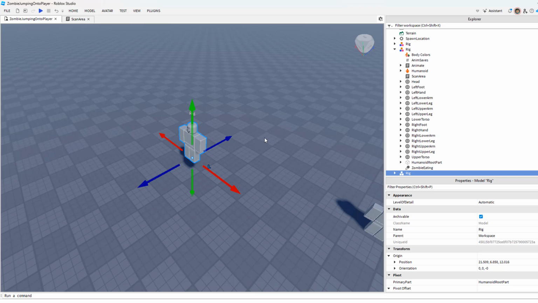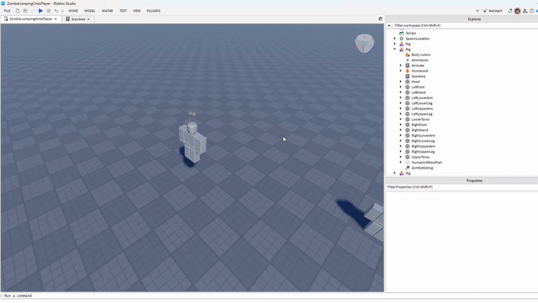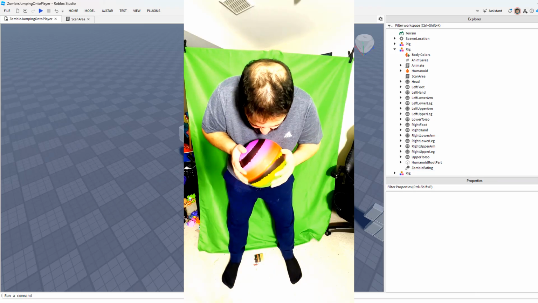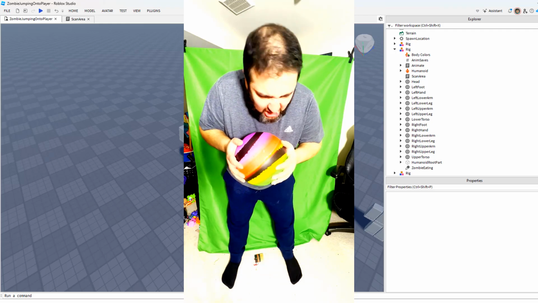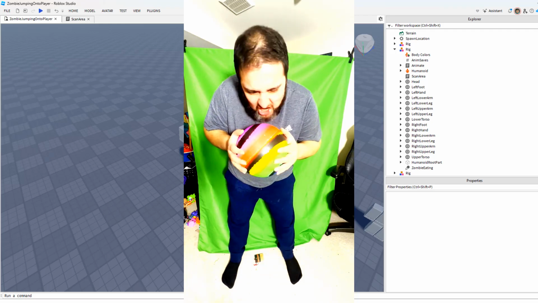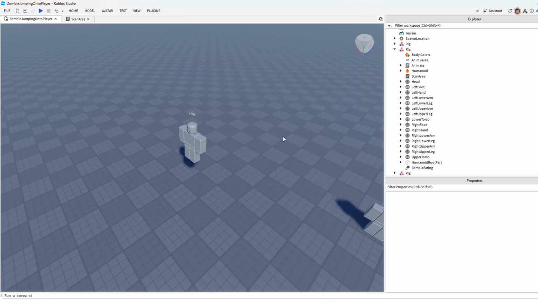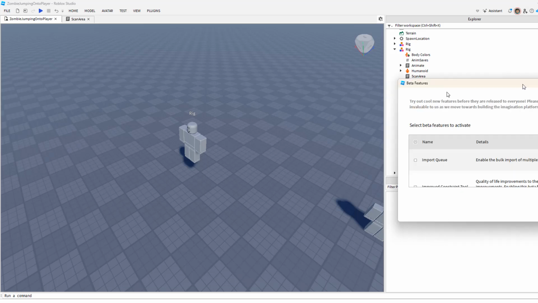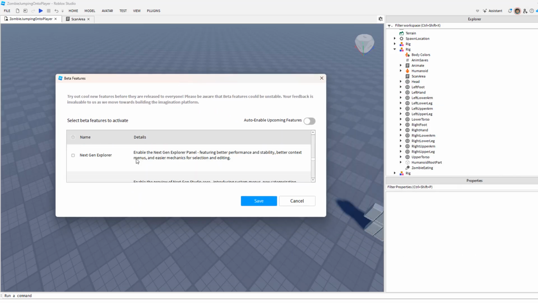The fast way to create the animation is right here, where I recorded myself holding a ball, pretending it's the head or the brain of a human, and I'm eating it, shaking my head. Raw! Once I've done that recording, it should be 15 seconds or less. You go under Beta Features, and in Beta Features, I turned on